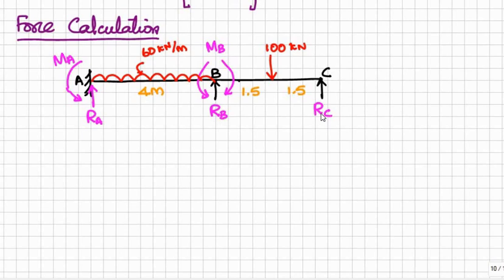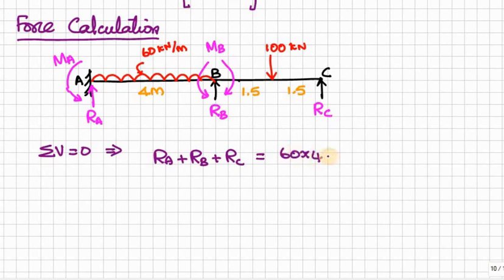Both RB and RC are found. Therefore the remaining reactions are MA and RA, and we have two equilibrium equations at hand. That means sigma M is equal to 0 and sigma V is equal to 0. So two equations, two unknowns, therefore we can easily solve. So considering sigma V is equal to 0, RA plus RB plus RC is equal to